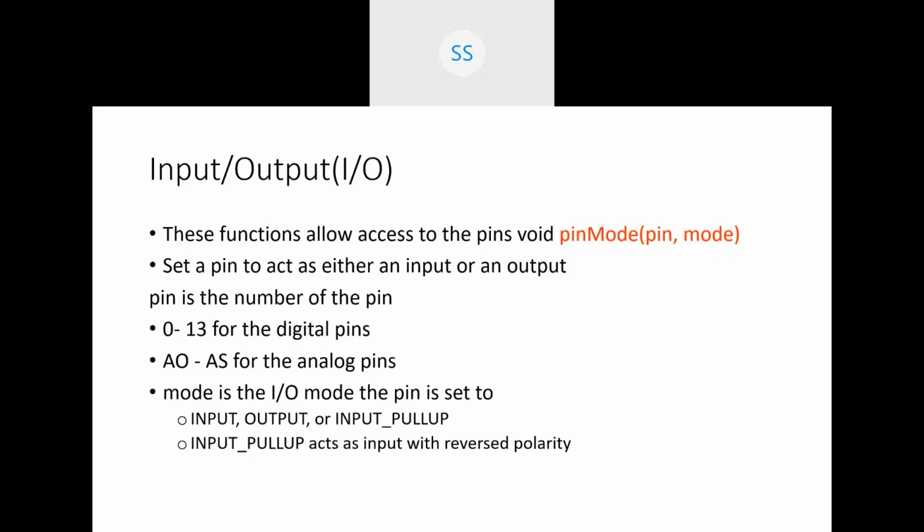Those who are from electronics understand the concept of active low. Active low means if you give the input 1, it will take the input as 0. That means it will reverse the input. If you give the input 0, the input pin will take the input as 1. Is this clear? So it will take the input as a